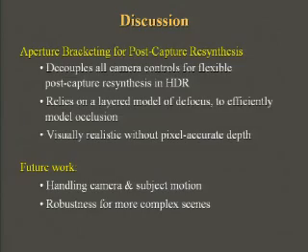So in summary of this part, we've shown how aperture bracketing, while a simple control, lets us attain our goal of realistic post-capture resynthesis over a wide range of different aperture, focus, and exposure settings. The future work here is relaxing the restriction that the subject remains fixed, and this is possible maybe by integrating a per-layer motion analysis. We'd also like to improve the performance for more complicated scenes, which can't be represented very well using frontal parallel layers.